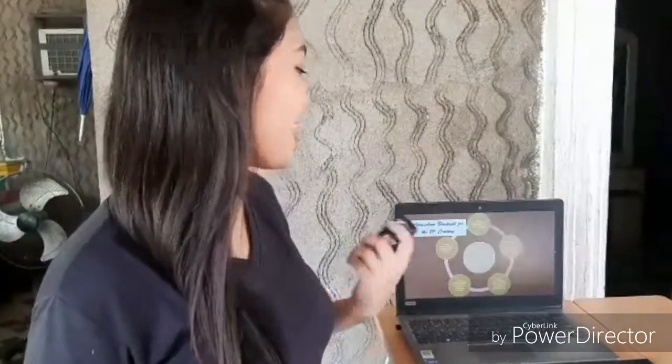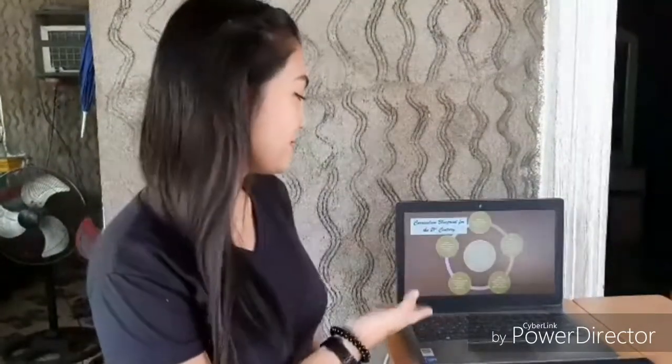I'm going to discuss our topic, which is the curricular landscape for the 21st century. First, this is the curriculum blueprint for the 21st century. This is talking about the learners: who, when, how, where, and what are they going to learn in